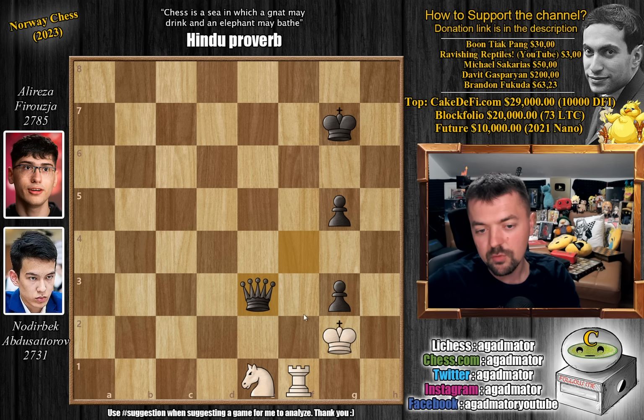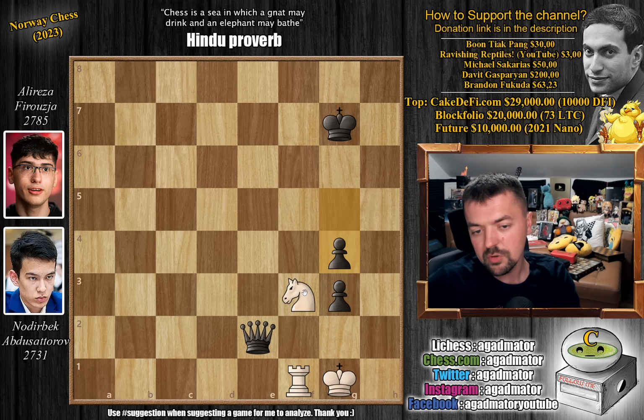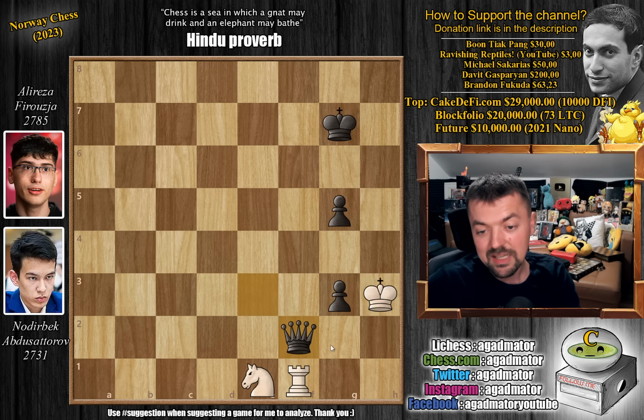So not a lot for Nodirbek to do here. If knight f3, just queen to e2 with check, and now you either lose the rook or you defend the rook, and then pawn to g4 dislodges the knight, and then queen to h2 will be checkmate. So instead, after queen to e3, king to h3 was played, but now comes queen to f2, and he was in this position on move 59 that Nodirbek Abdusattorov resigned the game, and another spectacular victory for Alireza Firouzja, who